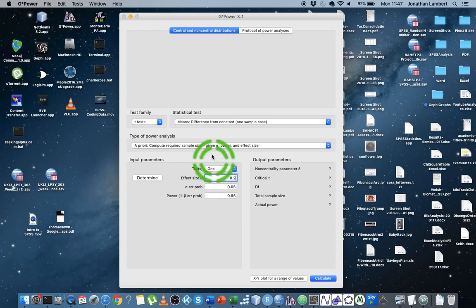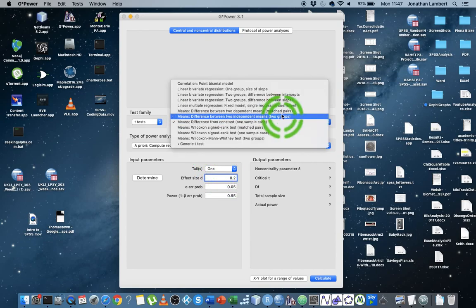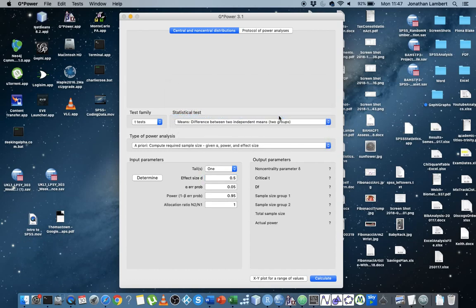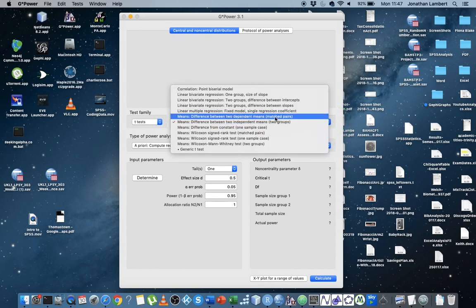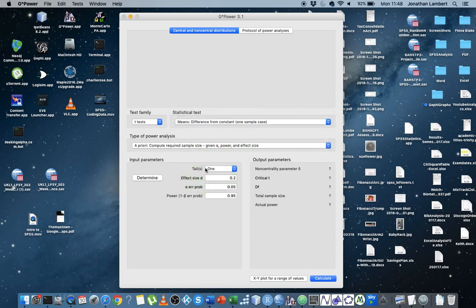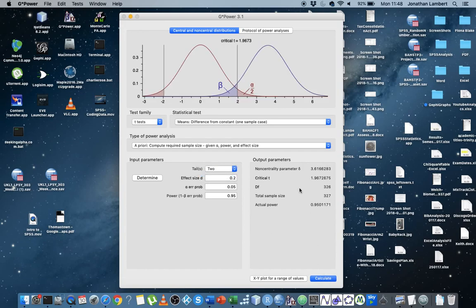Okay. So this was a one sample test, what about if it's an independent samples test? In other words, we have males and females, and we want to check the difference between them. Well, everything remains the same. Actually, let's go back here to the single sample test again. That was a one-tail test. If we want to set it as a two-tail test, in other words, we just want to find a difference, larger or smaller, we don't care, well then you need 327 participants. For a medium effect,